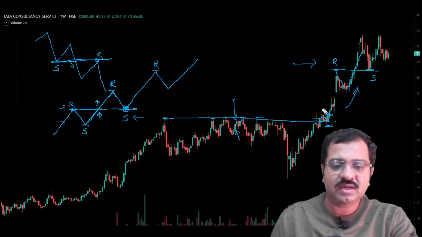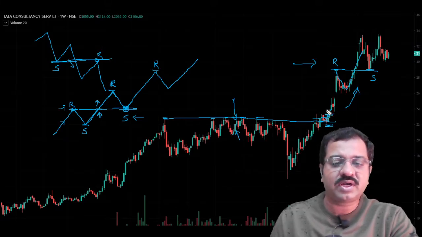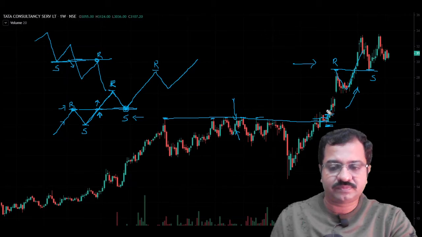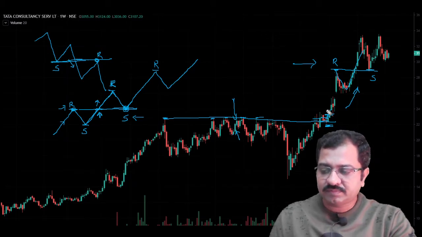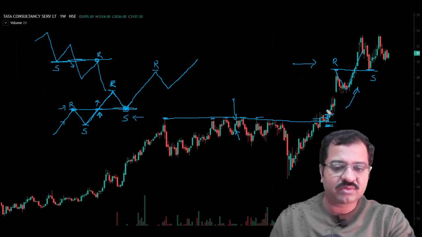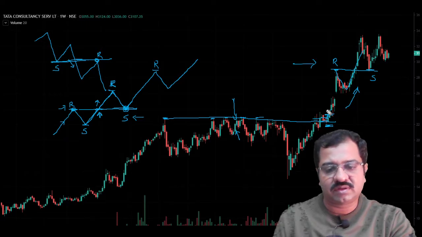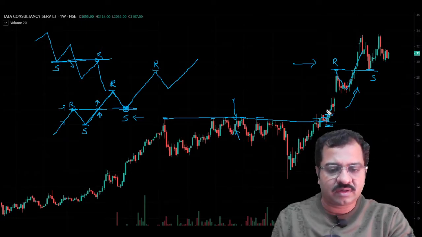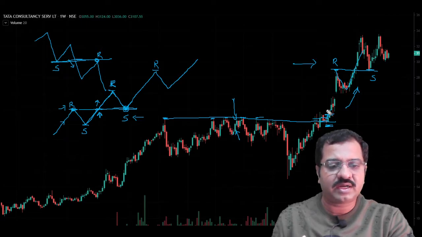So these support and resistance levels provide us most probable areas for good trades and good breakouts. The concept of breakout we'll also see in coming sessions, but so far understand that support and resistance